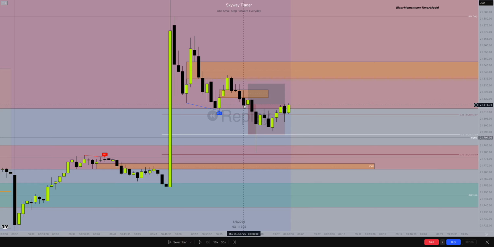Then we get another nice momentum candle down. Still not 100% convinced. We see a pullback, and then we tap into it again, and then we see this down candle starting to form. This is where I entered right here, as we're crossing, with my stop, a hard stop above here. Price comes lower, and my break even is right here. And basically, price rips down and it just dumps.